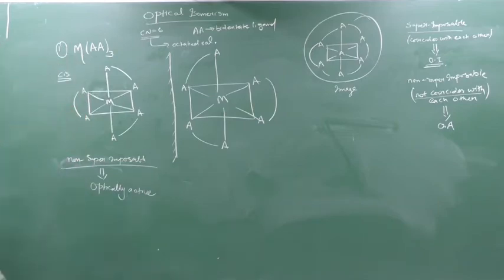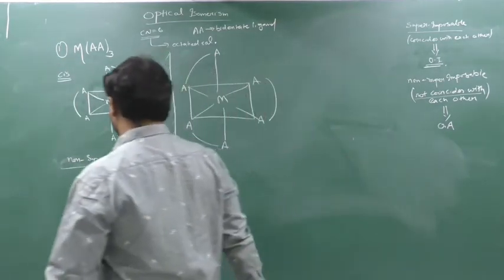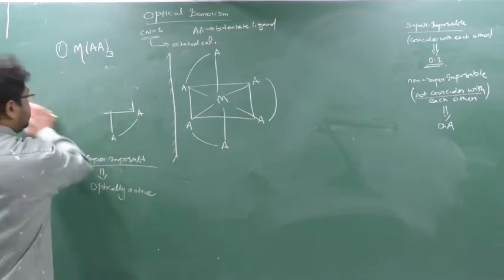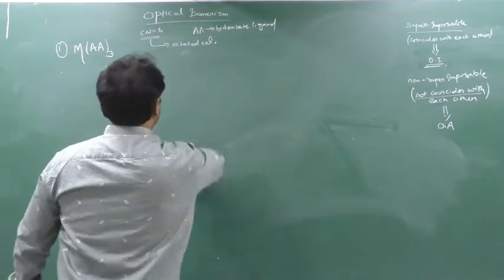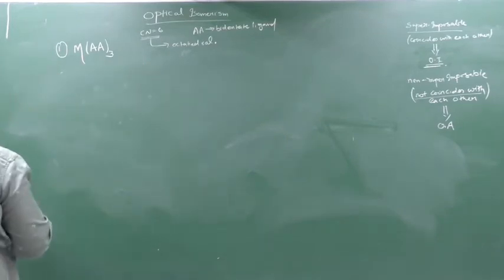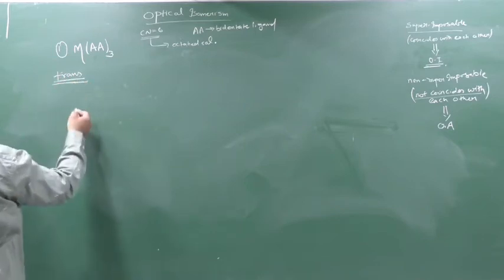Now we will see the trans isomer. Done this? For trans also I will show you once more what is superimposable and non-superimposable. These are the non-superimposable. Done this? Chalo. So now we will see the trans. Trans means what? If it is 180, the link is between the two ligands such that they form 180 degrees, then it's a trans. See here now. So I am showing the MA3 type in trans position.